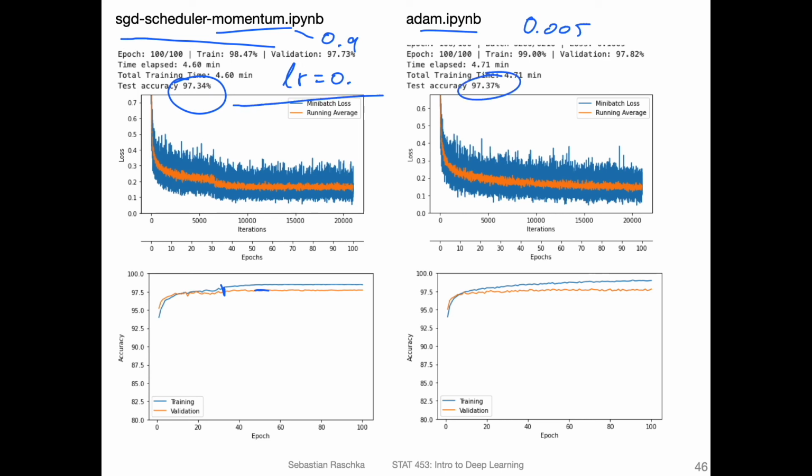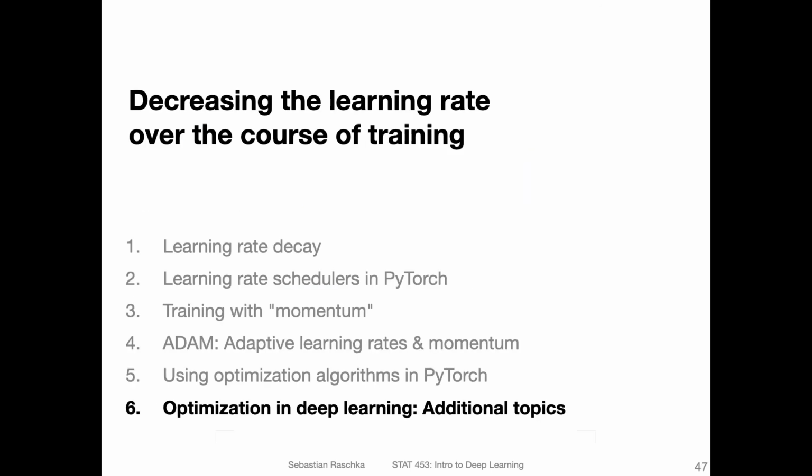But you can see, because we are not using the learning rate scheduler here, it's a little bit noisy around that region. But to be honest, both work perfectly fine in practice. And I find usually Adam works a little bit better for me, but I'm also a very impatient person. I think if I would toy around with the SGD more, I could probably also get a similar good performance or even outperform it. But Adam is something, if you are lazy like me, that usually always works pretty well, and I kind of like it for that reason.